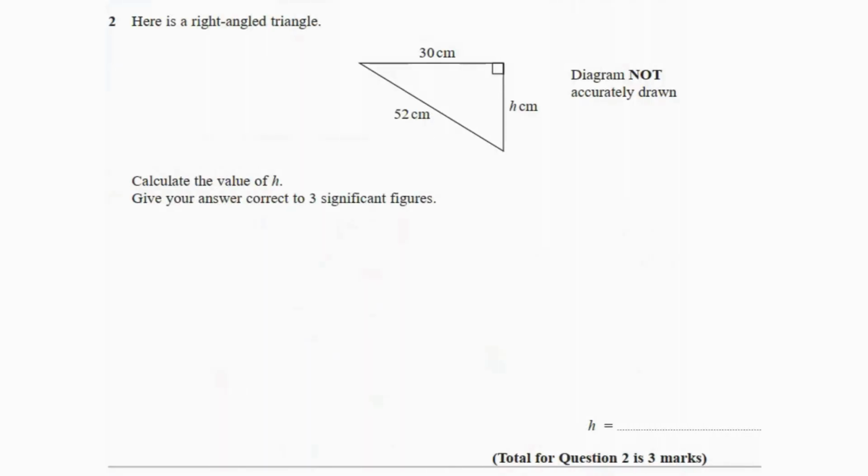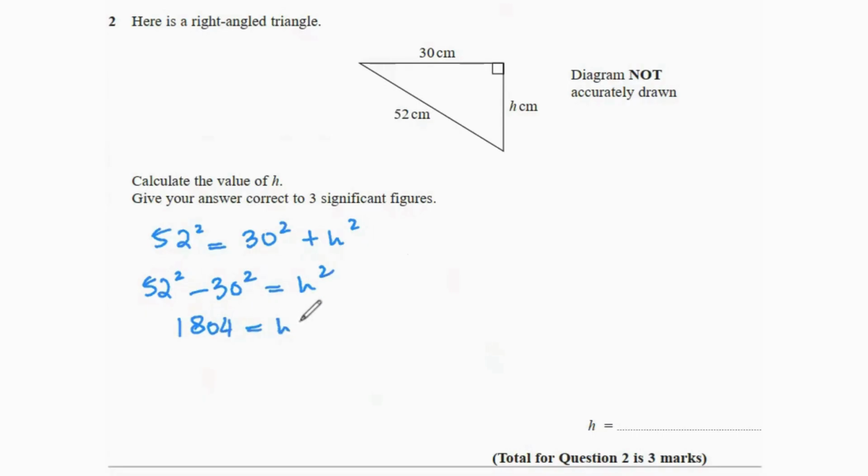Then it says here's a right angle triangle. Calculate the value of h. Give your answer correct to 3 significant figures. So now you should find this question to be very easy because you've done most of the difficult questions already. They have given us the hypotenuse. They have given us one of the other lengths. We have to find the third one. So 52 squared, hypotenuse squared, equals 30 squared plus h squared. So that's 52 squared minus 30 squared equals h squared,